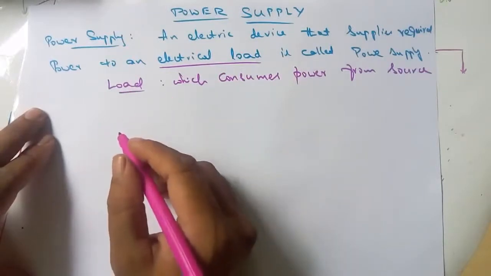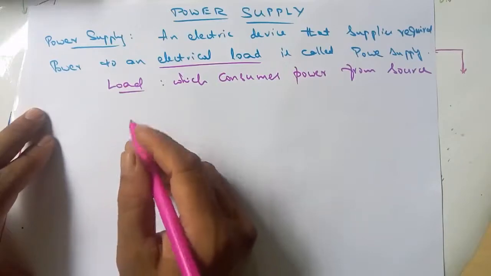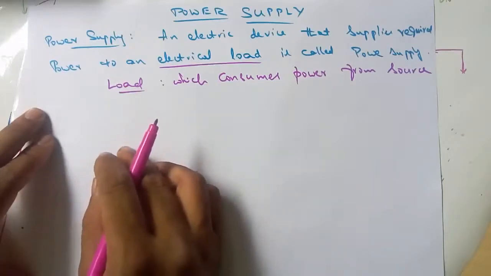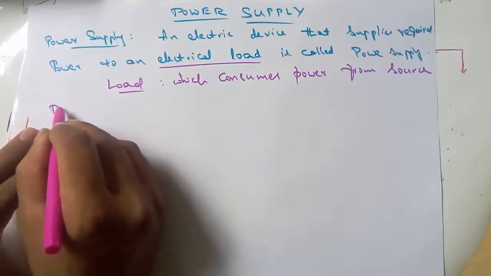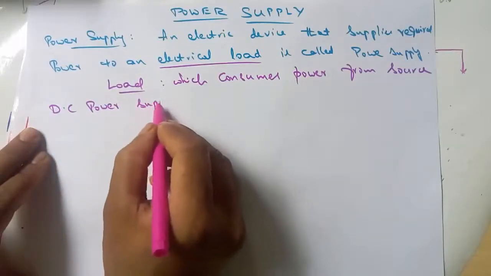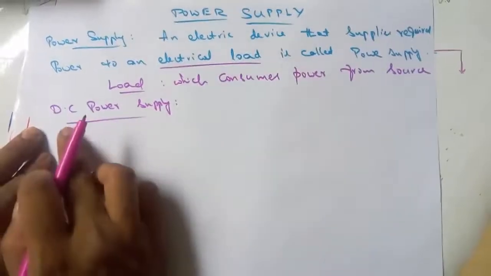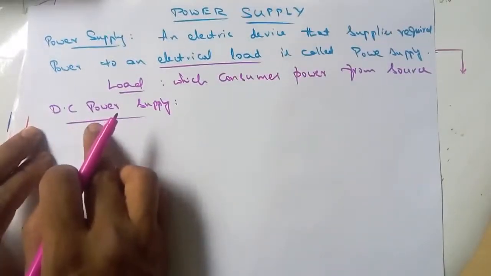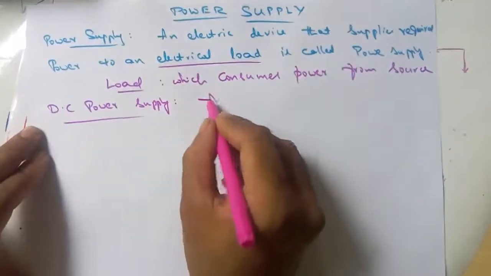AC power supply means what? An electronic device which supplies required AC to the load is called an AC power supply. So this definition is not needed. Now coming to the DC power supply, right? DC power supply has the same definition, but it is DC power we are giving. How do we give the definition? An